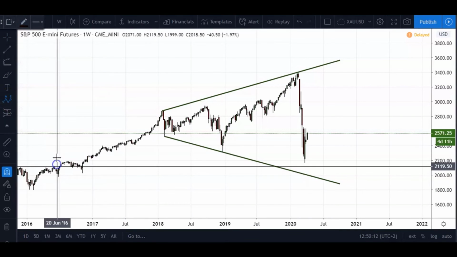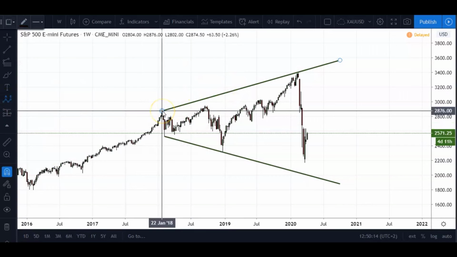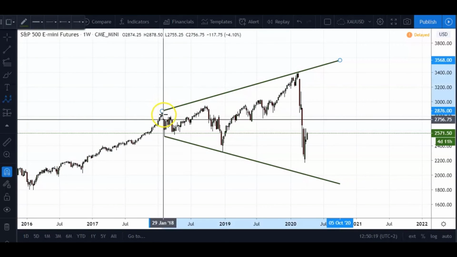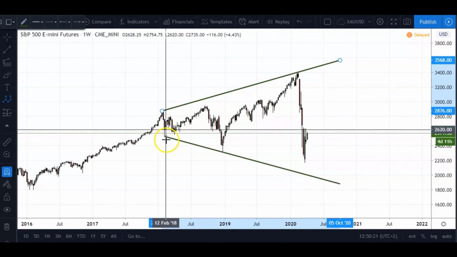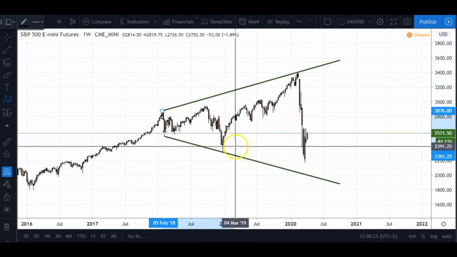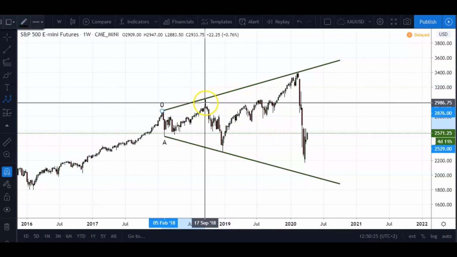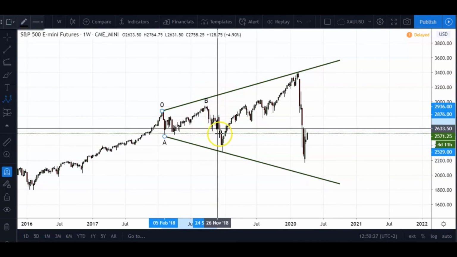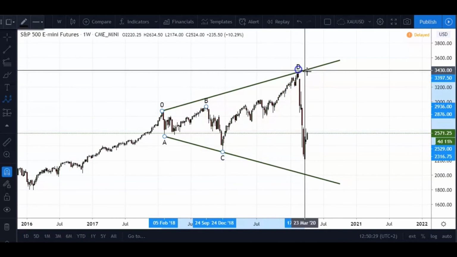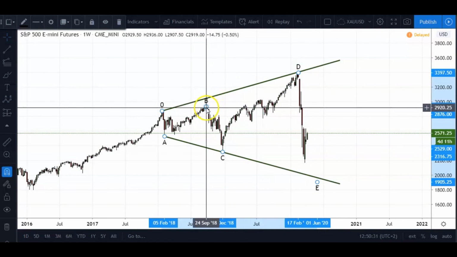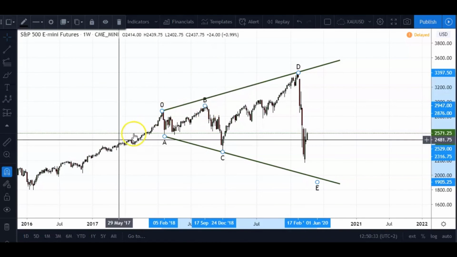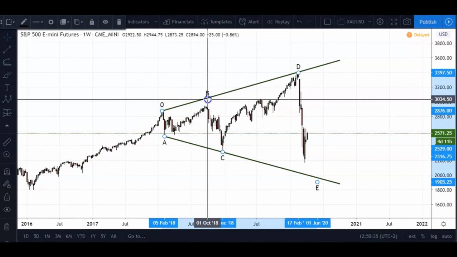Let me just get my triangle wave tool out here. So this, in my opinion, could have been a strong high, and the origin of what I'm thinking is an expanding triangle. So we could have had an A, we could have had a B, we could have had a C, we could have had a D, and we might still be coming down in an E. And what makes me think that,